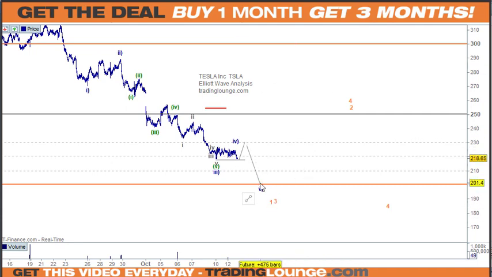So it'll be something like this anyway, and then it'll have a larger move up here. This is where we can look to short it. All the markets will be doing this too, do you know what I mean? Like on the S&P and the NASDAQ and all the rest of it, we're just looking down for these to finish, and then we've got a decent move up, and then we've got a bigger move to come to the downside.